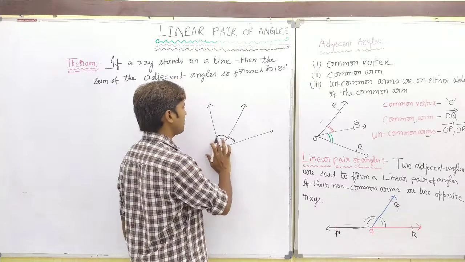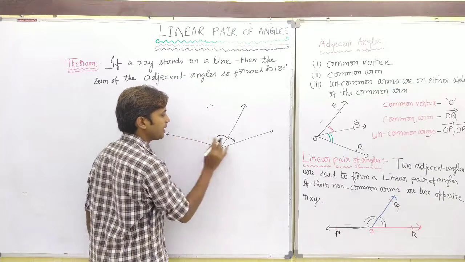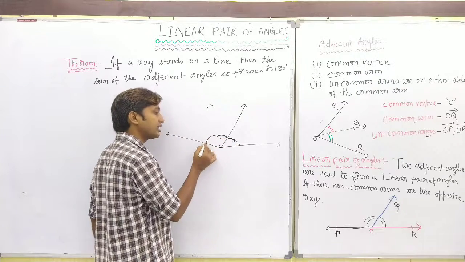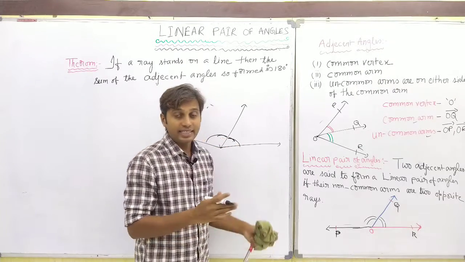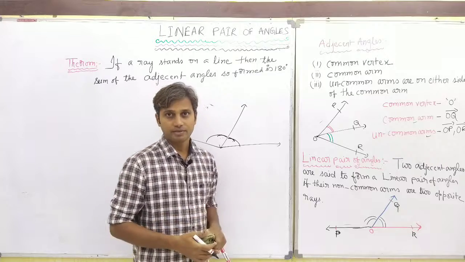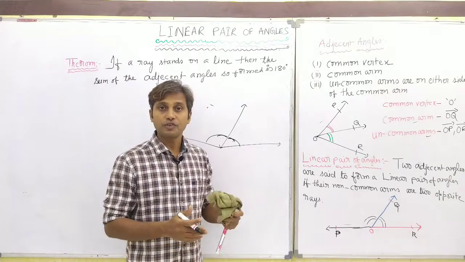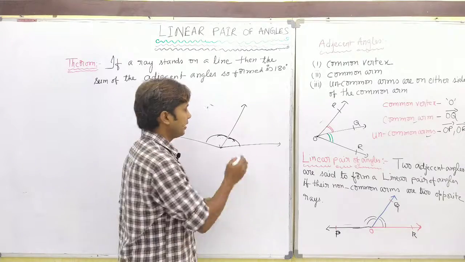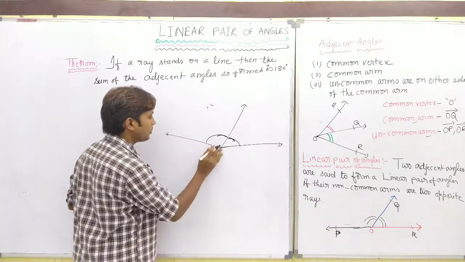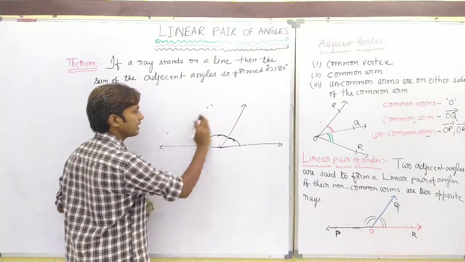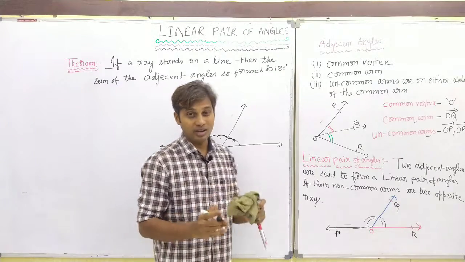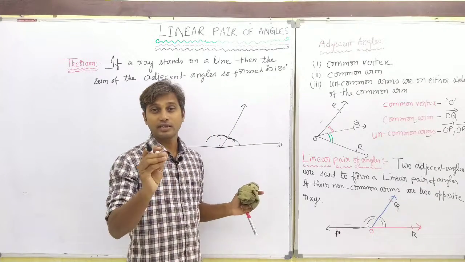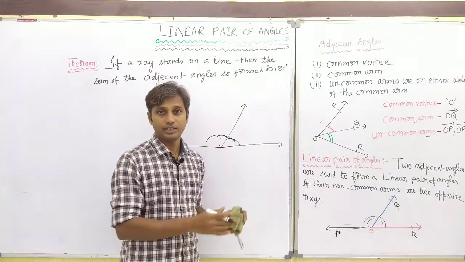How to vary them? For example, we can expand the arms. Like this, we can expand this arm, and like this, we can expand this arm. So the adjacent angles might be increased also. If you continue this process several times, at a particular instant of time, definitely this ray will be in the opposite direction to this ray. Is this correct or not? Means two uncommon arms will be oppositely directed to each other at a particular instant of time by doing this activity. Got it or not?